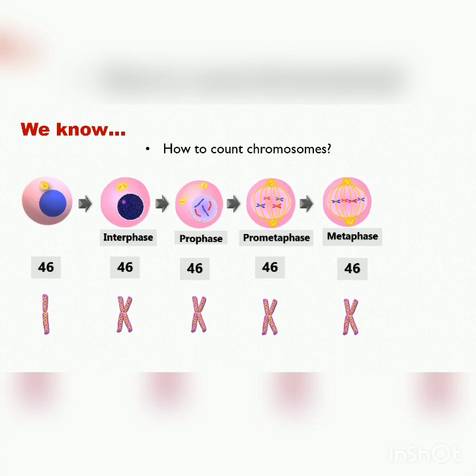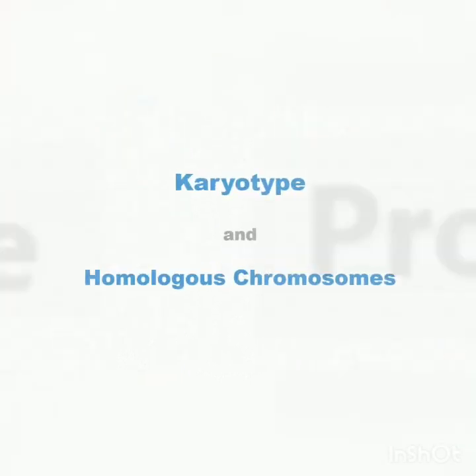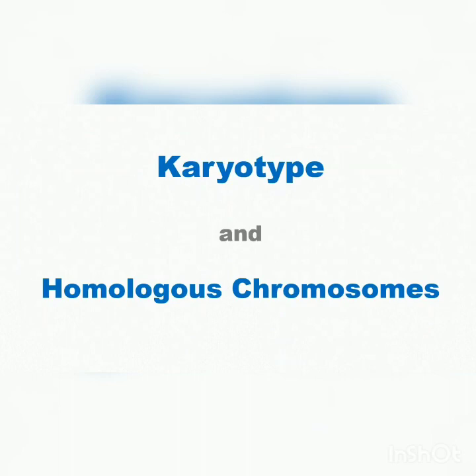Now as it undergoes mitosis, keep in mind that till metaphase the chromosome number is still 46. At anaphase, when these sister chromatids separate at their poles, at this time the total number of chromosomes will count to 92. That is, they will become twice or double the initial number of chromosomes. So we should keep this in mind and let's begin our topic today, karyotyping.